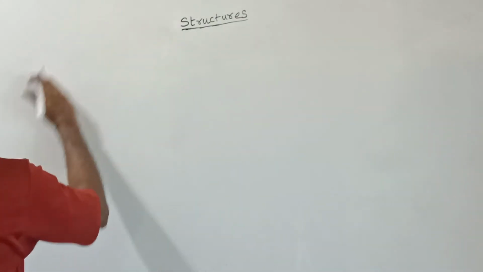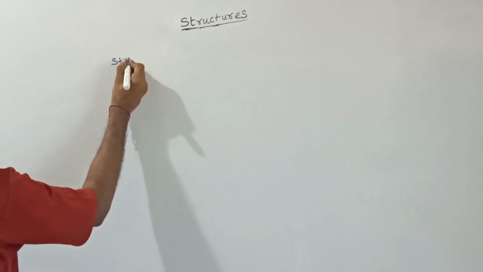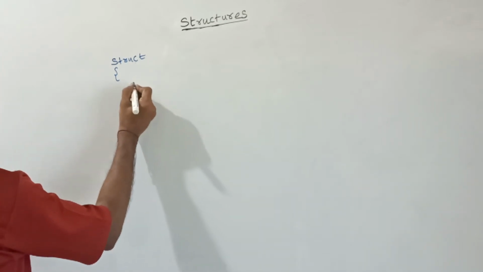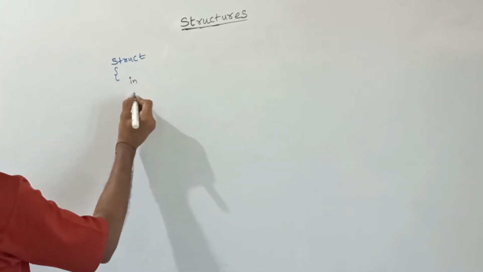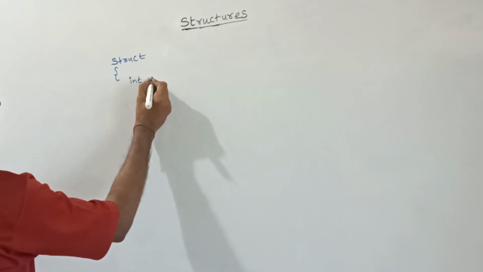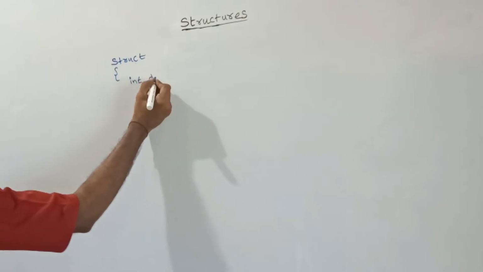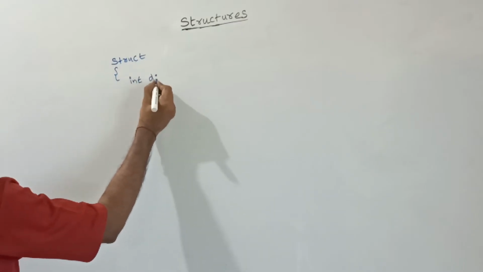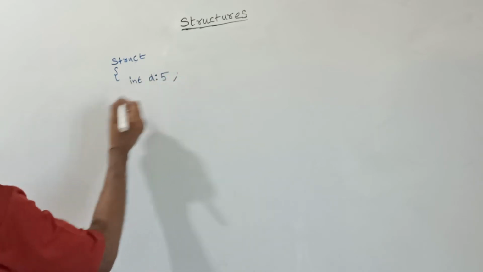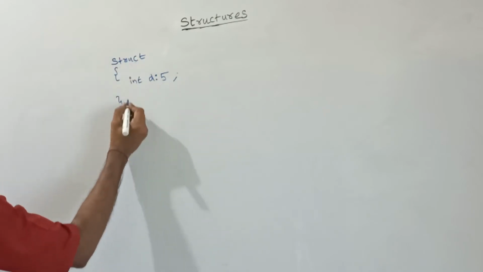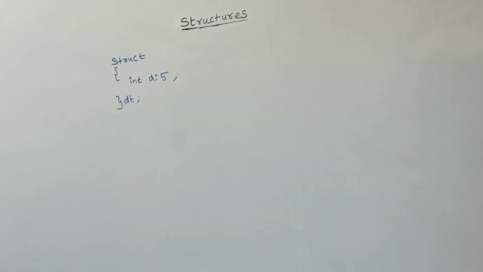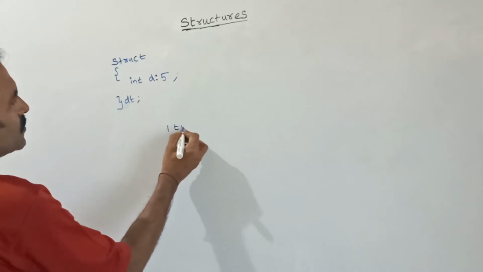Here the structure name is... for understanding, let us take the simple one. Here I am declaring only one member, a structure member. The structure member name is day. For day I am giving the structure member as D and I am allocating here 5 bits. Here the structure name is dt. For date I have used dt. For date the maximum range is 1 to 31.